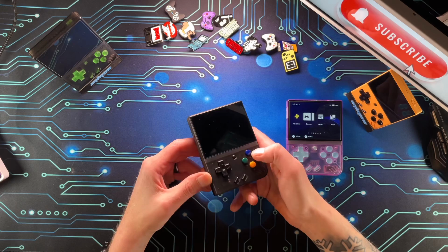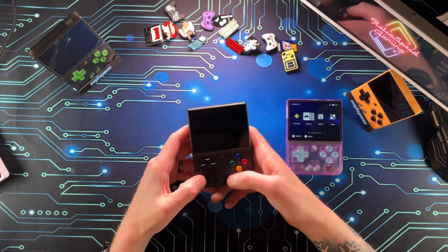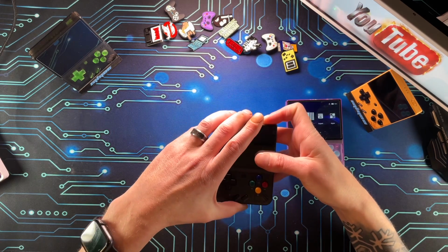You do have a menu button, you have your face buttons, and your start and select buttons. These face buttons feel good, D-pad feels good, everything on here feels really good. Now, when you're powering your device for the first time, it will take a little bit longer, but this will